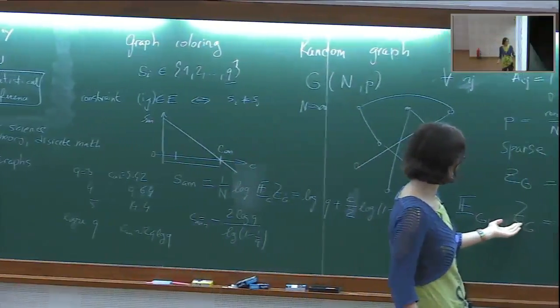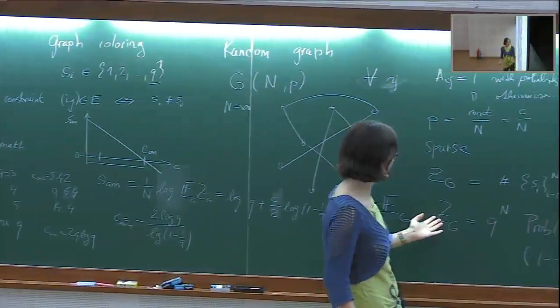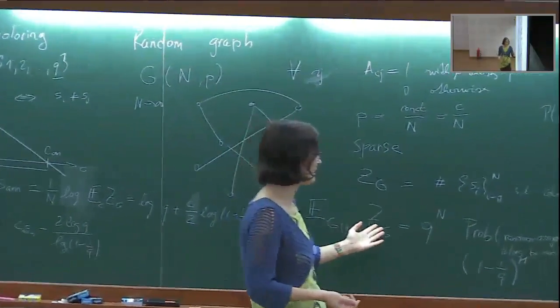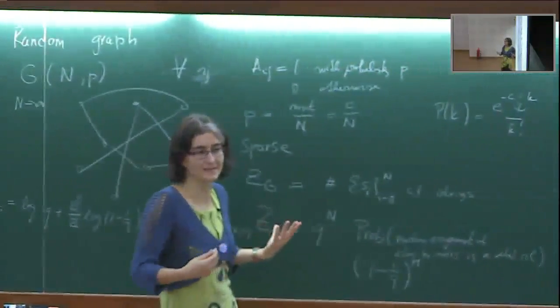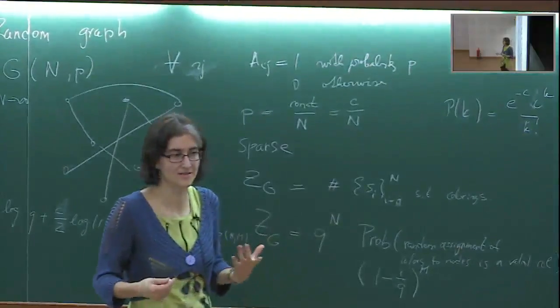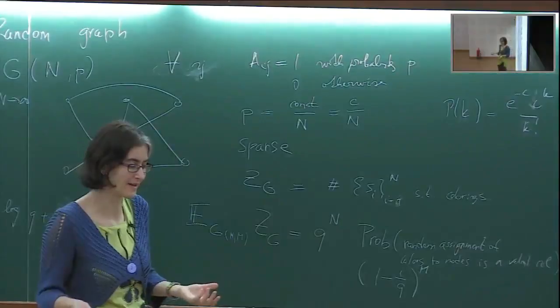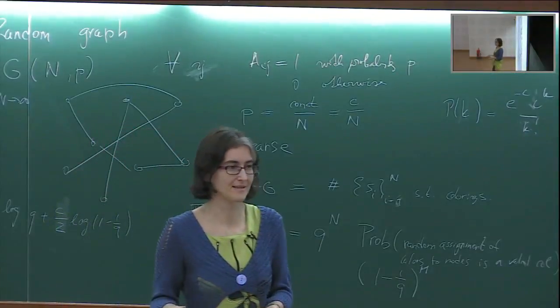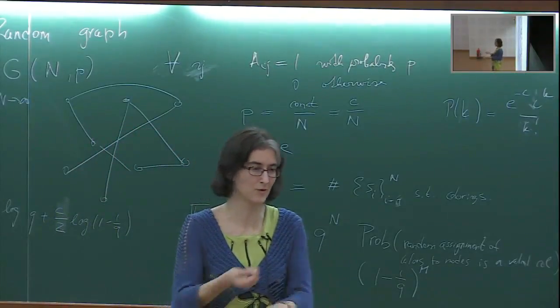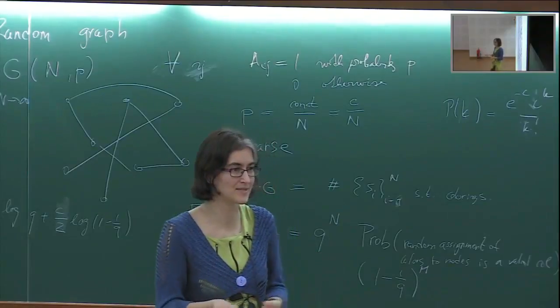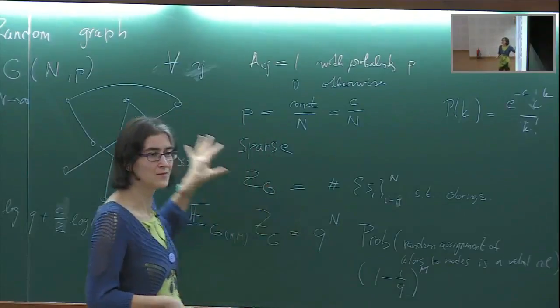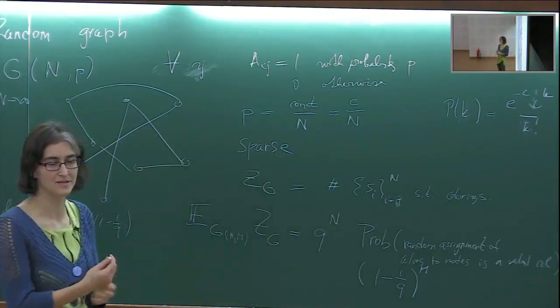And the number of proper colorings is either typically 0, or it is typically not 0, but in that case it will be exponentially large, right? The entropy is typically extensive. It's n times some constant. It's not something like 1 over log n. So typically, if we have proper colorings, we will have exponentially many of them.